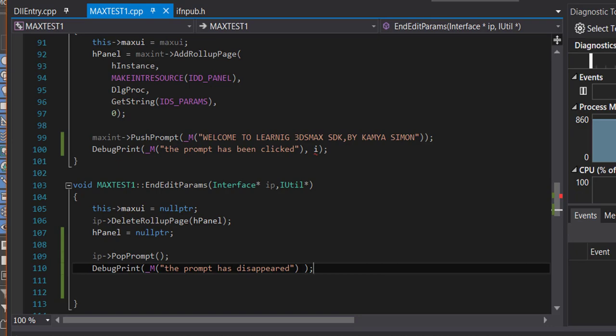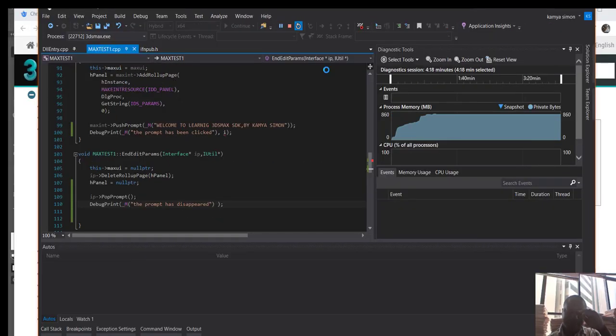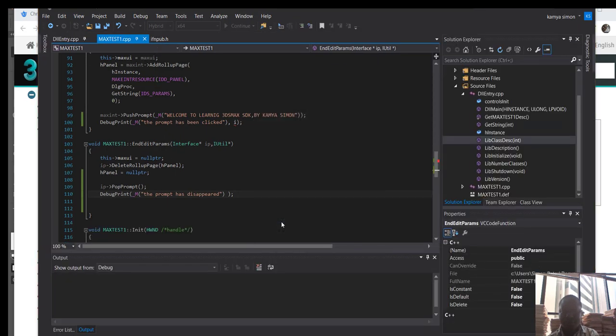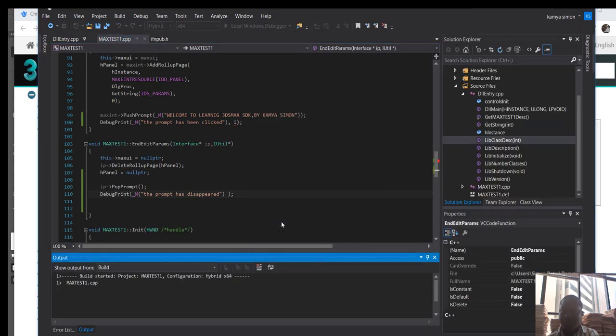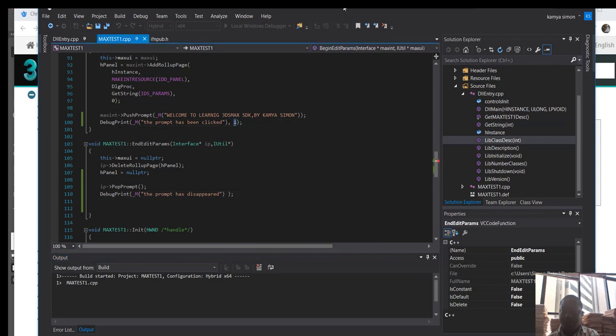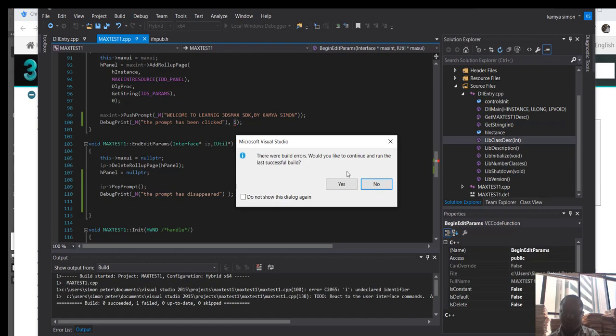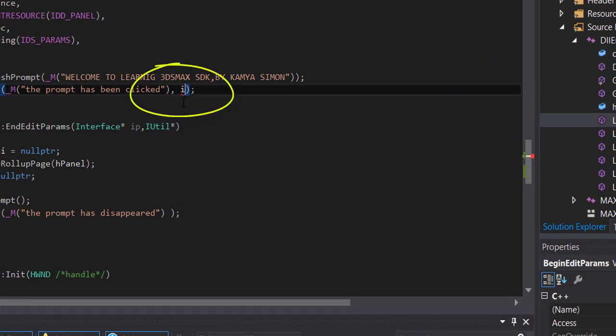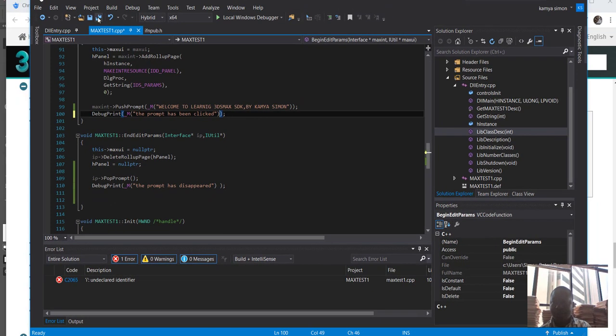All right, so we're going to restart our 3ds Max plugin again. Let me eliminate i. It's showing me that we have errors here, so let me eliminate i because I do not have any i variable there.